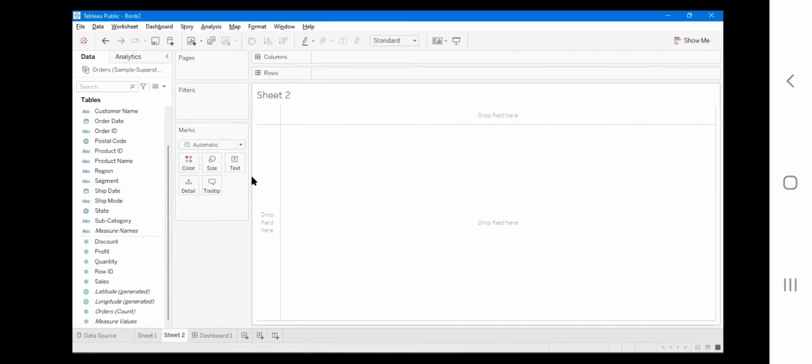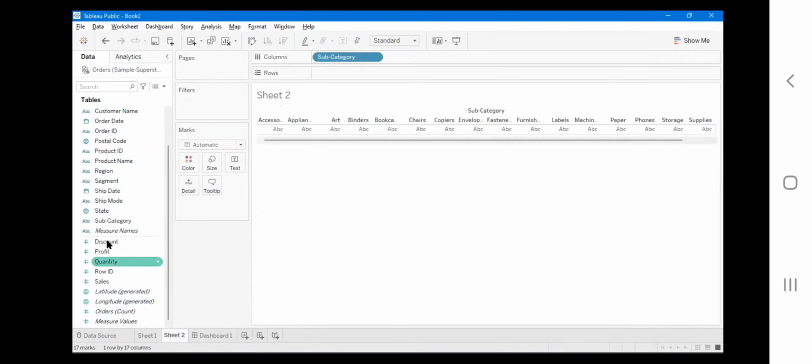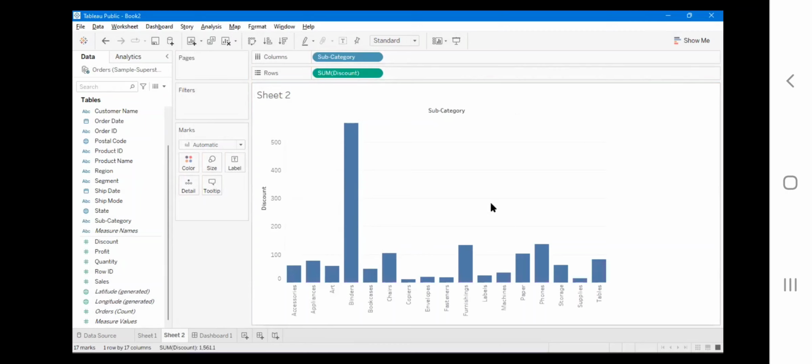For that, first of all I'll take subcategory and drag and drop it to the columns, and I will take discount and drop it on the rows. So this will give me a bar chart. So the first type of visualization chart is called a bar chart, right? So this is the